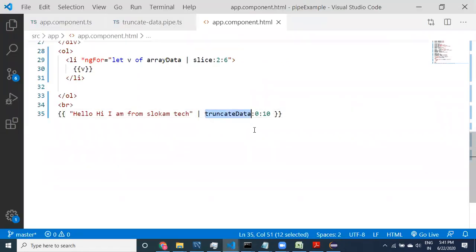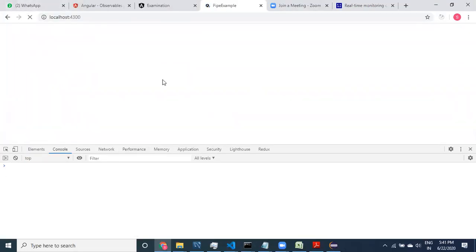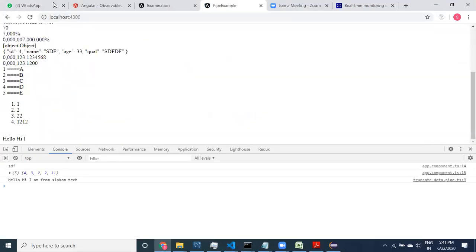Truncate data, this is the information, 0 to 10. Fine. So this is how we can use our own pipes.